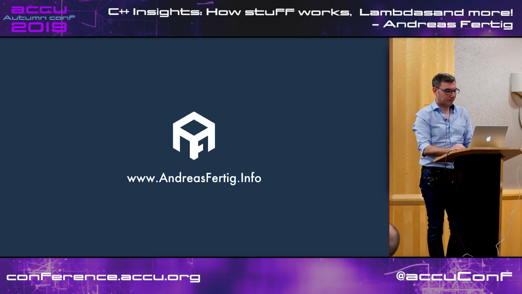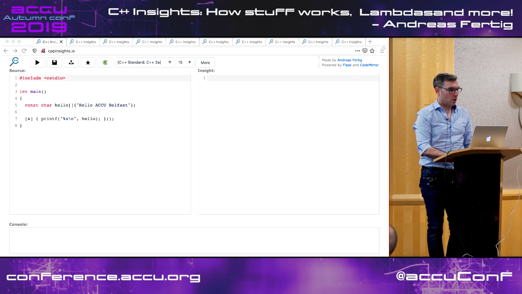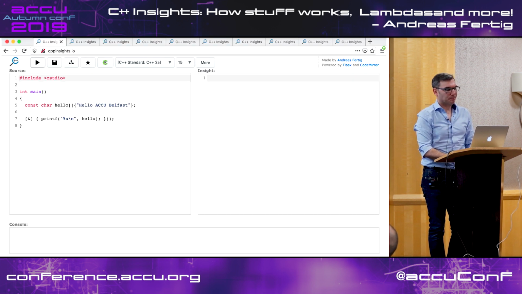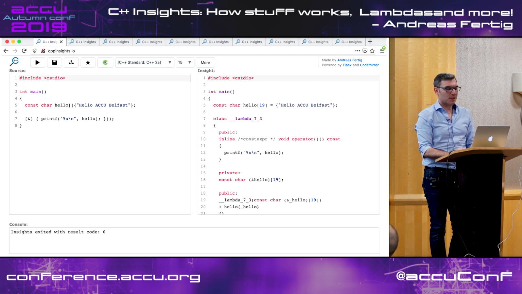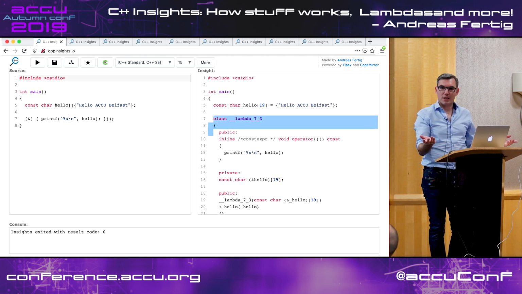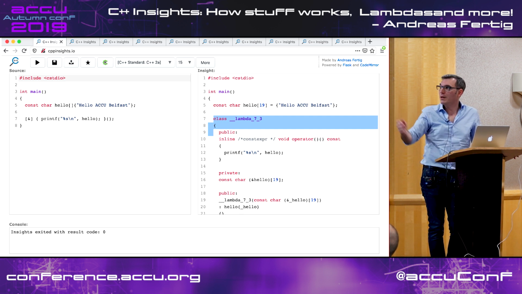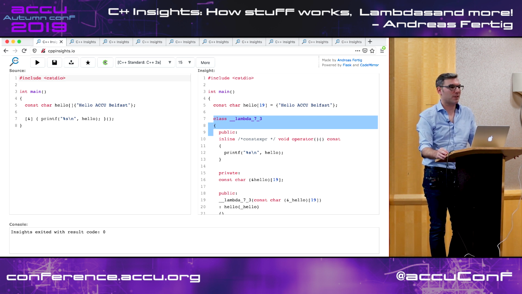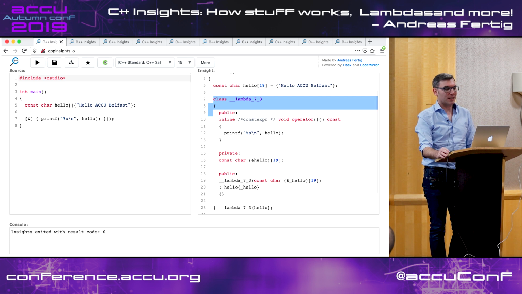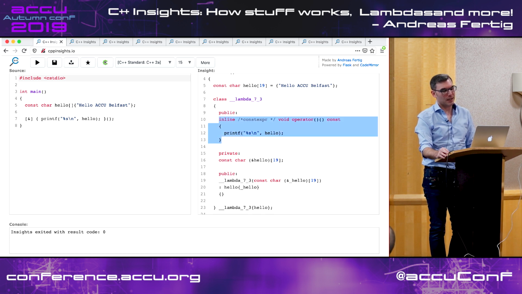So what is behind this? It's quite interesting. So lambdas are a class. The compiler makes up for us the so-called closure type. So I have to invent a name here because the compiler doesn't bother to give that thing a name. It doesn't need a name for it. So first of all, it's a class. And then there's the interesting thing here. This is the call operator the compiler injects for us in this class.